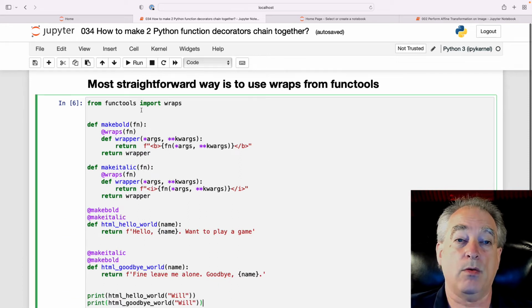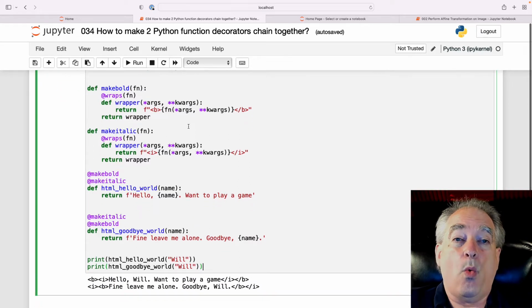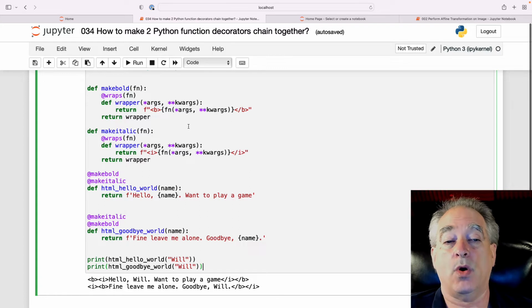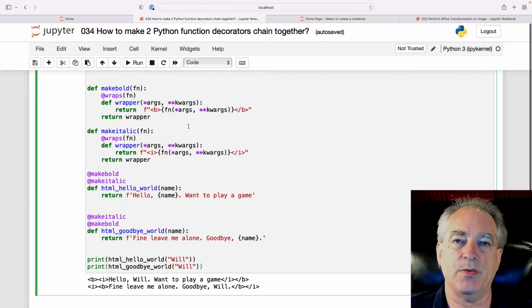So here, we're just going to import wraps from functools. And the task I'm going to do here, and I could see doing this in the real world, I'm going to make two functions, html_hello_world and html_goodbye_world. And those are going to print out some basic text. Now I would like to wrap that text in bold and italic tags like it was going in an HTML